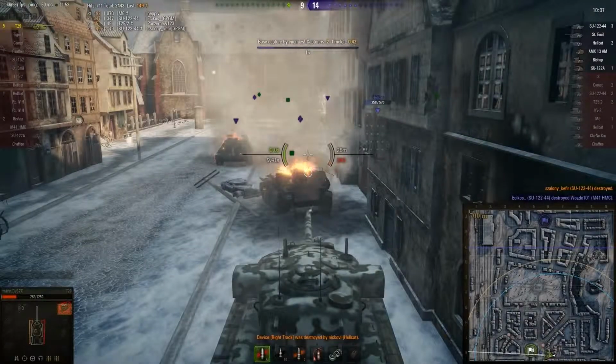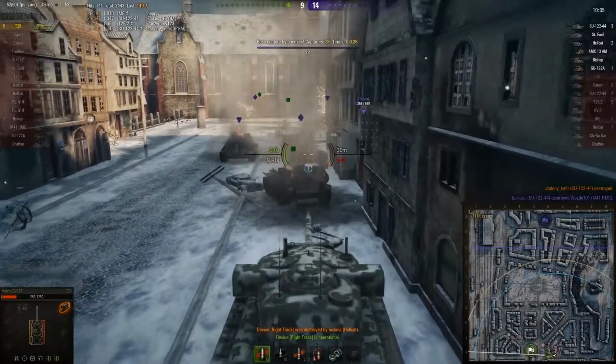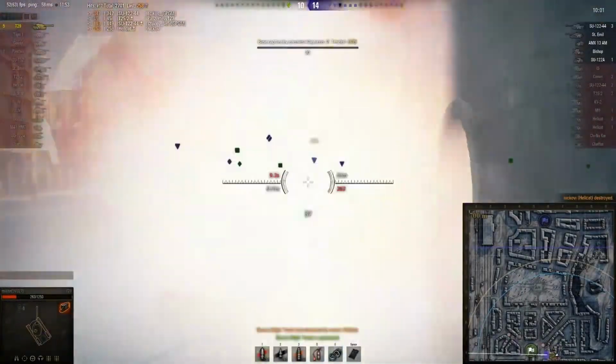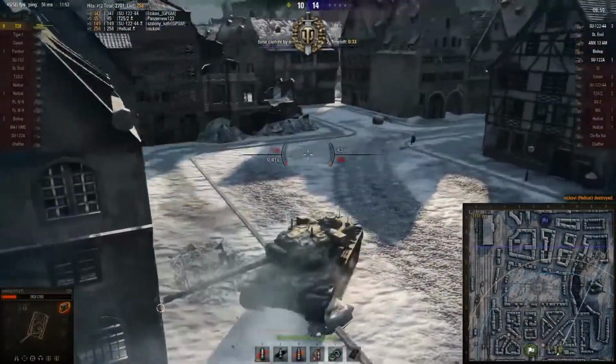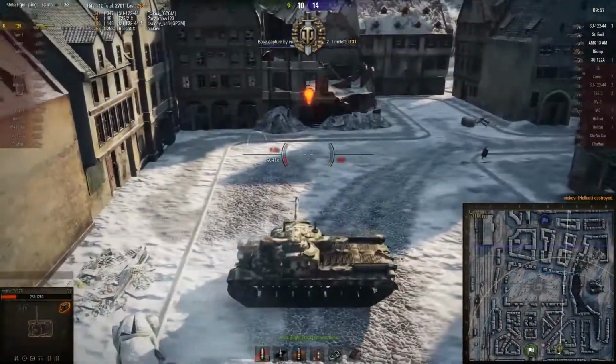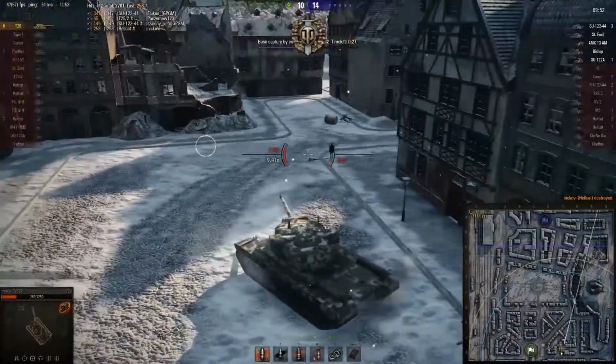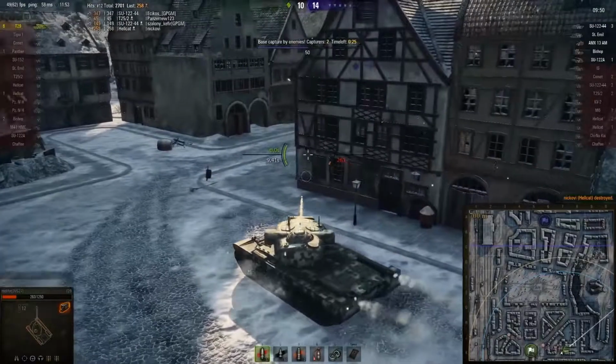You can see the SU-122-44 making a move to maybe try and flank around behind Mullyfoot, although he's got quite a long way to travel. Maybe get a hit on the Hellcat, which indeed he does. Somebody bounces a shot on his rear, not quite sure who it was. May have snuck that one through the buildings, but I'm not quite sure. Maybe artillery firing